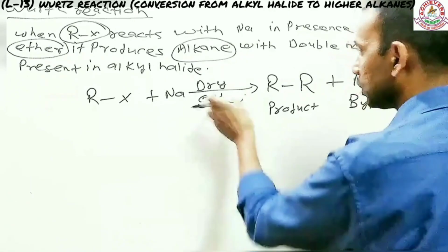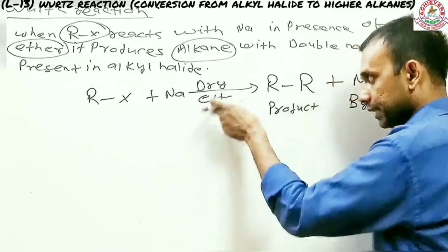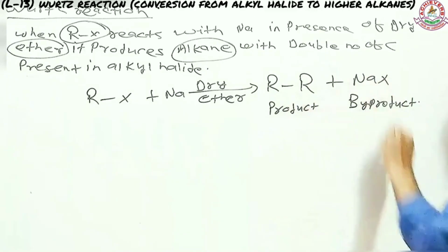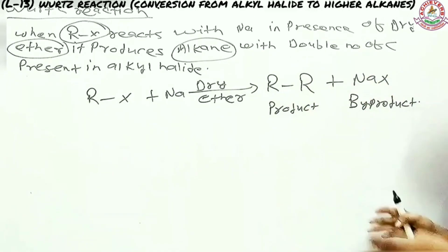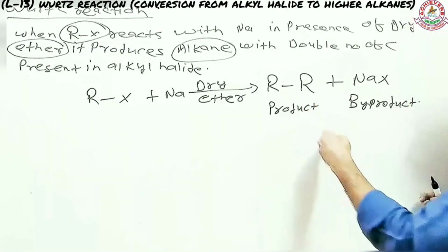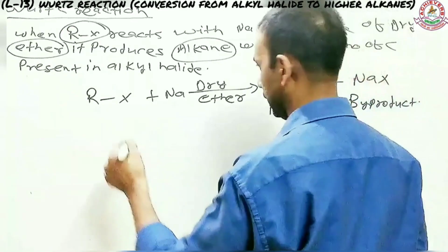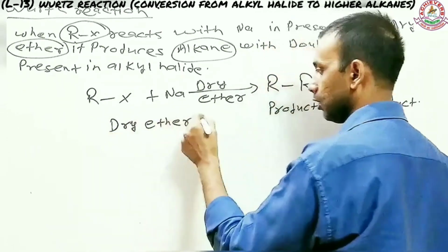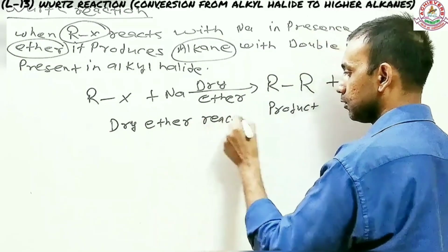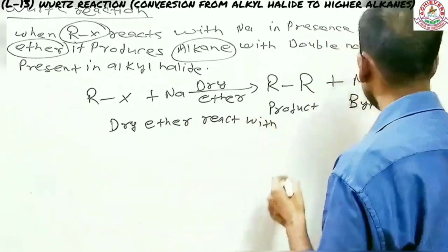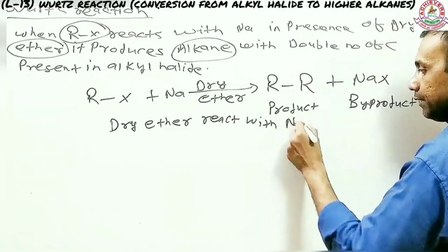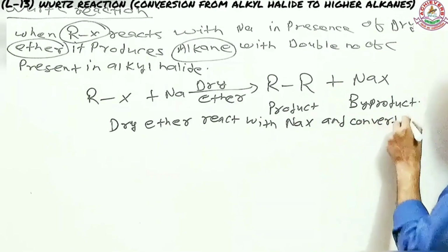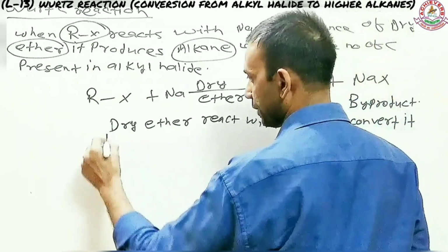So now the question is, what is the function of the dry ether? So there is something very important. Dry ether actually helps in reacting with sodium halide and converting it into a precipitate so that the reaction can keep on going and more alkanes can be produced. So let me write so that you remember that. Dry ether reacts with sodium halide and converts it into a precipitate